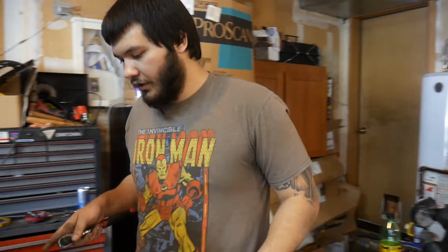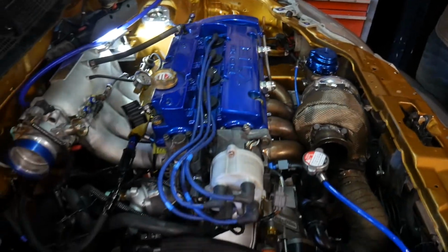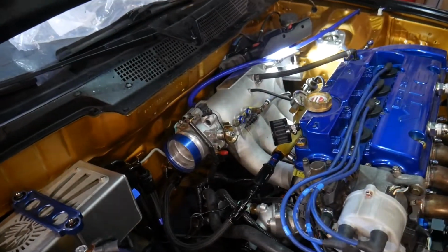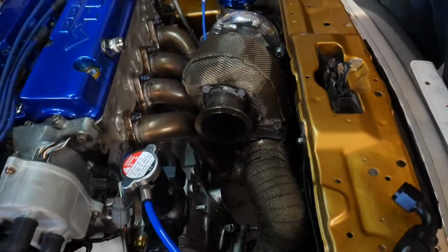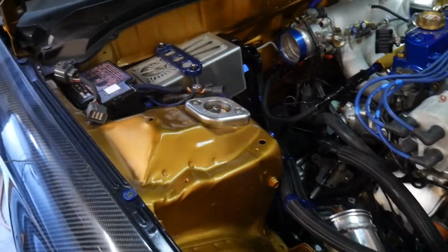So I got the exhaust manifold on and got the timing belt cover, the pulley, the alternator belt, the manual tensioner we have on there. And right now I'm just tightening up the exhaust manifold nuts. After that, I will get the turbo thrown back on. Right now I just have it resting on there with one bolt. After that, it will be getting the overflow lines hooked up, getting the intercooler piping put back on, and the